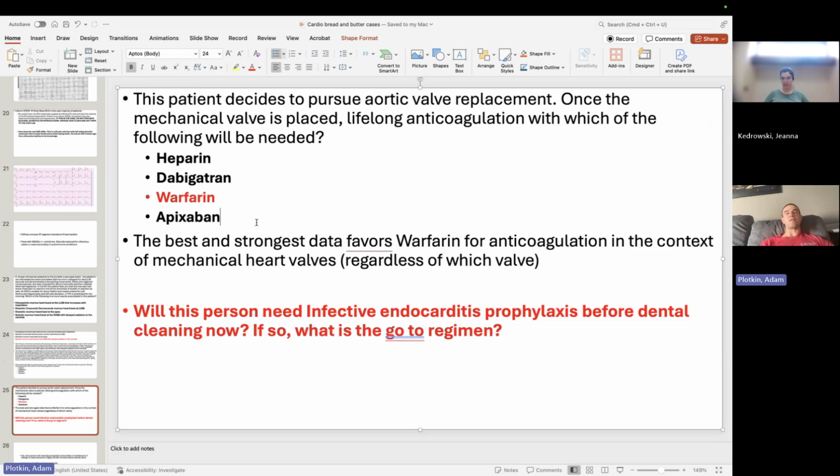It does have some effect on factor 2, which is thrombin. But your direct thrombin inhibitors are more like dabigatran, argatroban, bivalirudin, fondaparinux, those kinds of things. So not really too much of an effect on the platelets. It's more of an effect on secondary hemostasis and your clotting cascade, right? Whereas primary hemostasis, platelets, that's more of your aspirin, clopidogrel, things like that. Abciximab, which is a GP2B3A inhibitor.